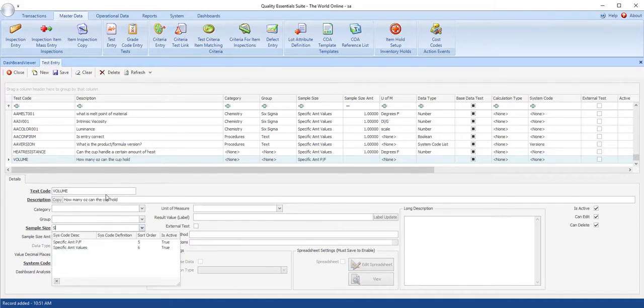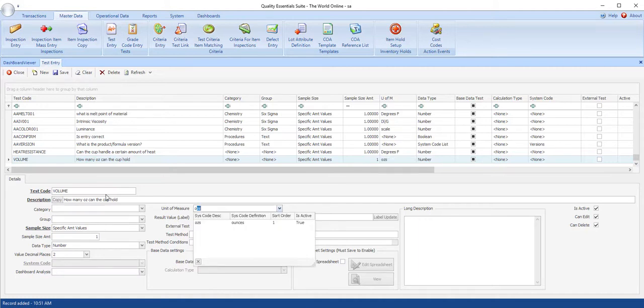Okay, sample, specific amount values, and it's 1. Data type is a number type test. The only thing is we're going to have 2 decimal places for this test. Okay, and the unit of measure is ounces. Okay, so save. So the last test we're going to create is the color code, and we're going to use